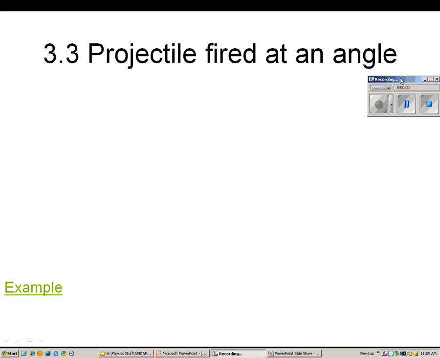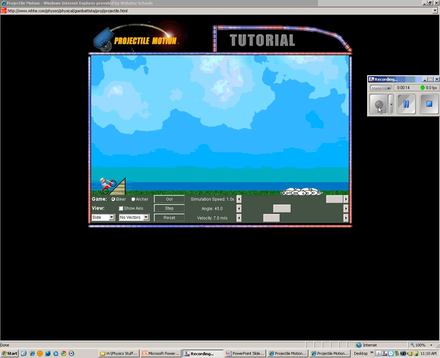This is the APB 3.3 projectile fired at an angle. We just finished talking about projectiles fired horizontally. Now we're going to look at projectiles fired at an angle. Here we have a bicyclist that we're going to launch into the bags, and we see it's a parabolic